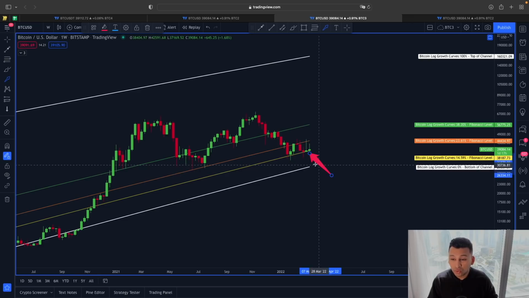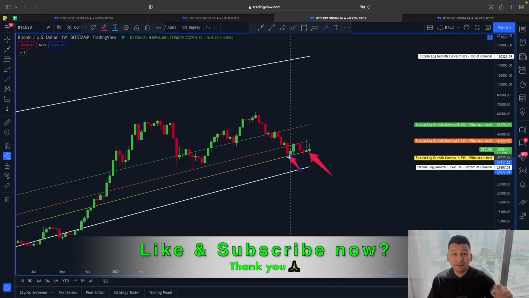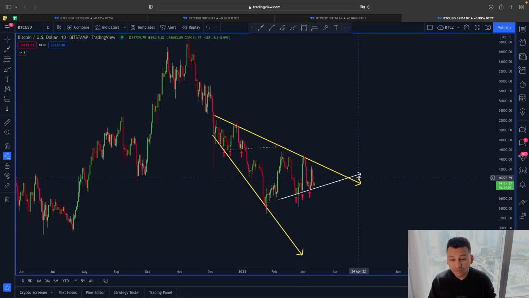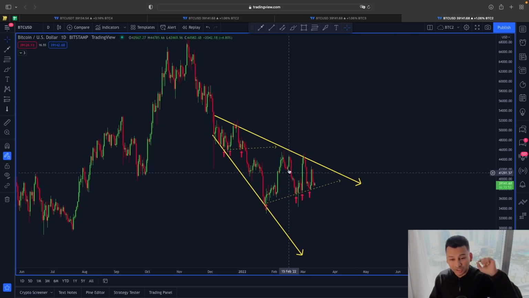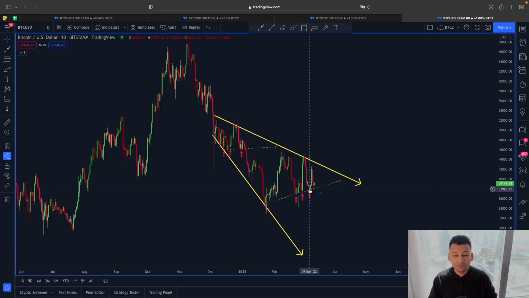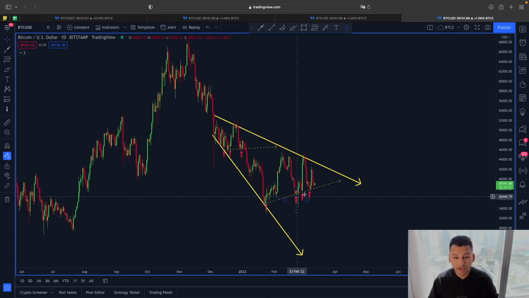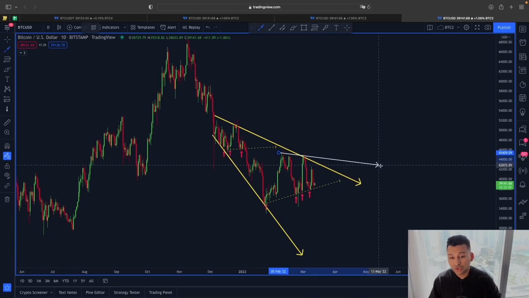So now the support from this 14.59 is lying parallel as a support with the symmetrical triangle scenario I showed you, the ascending triangle's lower line, and also the rising trend line from this descending broadening wedge, because we know this rising trend line is one of the strongest lines of support for Bitcoin, and with each and every retracement around that area, after that we have seen a very nice relief rally type of movement. So that's why, not only the Bitcoin logarithmic growth curve, now this rising trend line around 38,000 is one of the strongest lines of support, and also what I showed you yesterday,